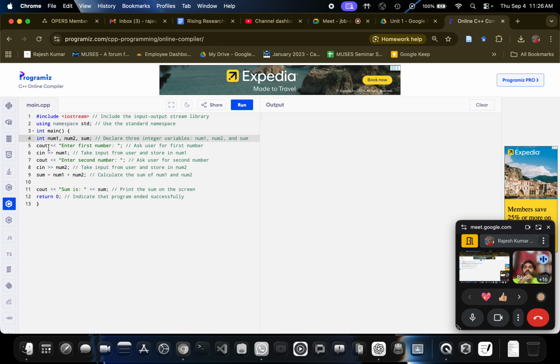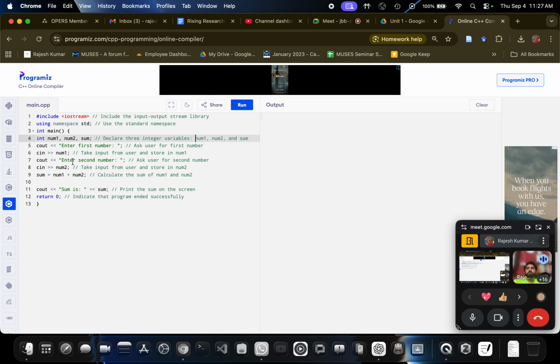Then we have cout. cout is a statement by which we can print whatever we want on the screen. cin takes the value in, then cout again, cin again. Then we do an arithmetic operation, sum, adding num1 plus num2, and then we print the sum. Then we return 0. If it executes well, it should return 0.